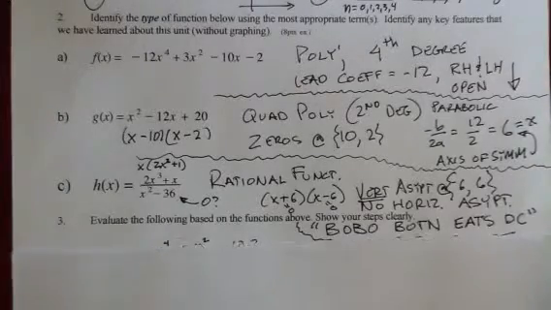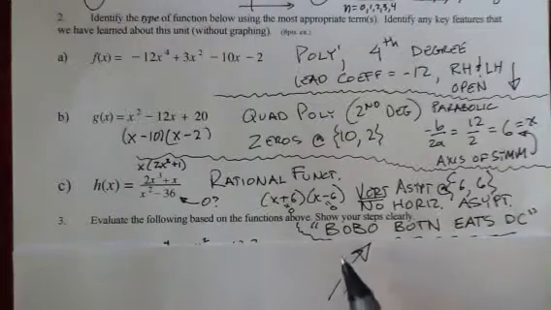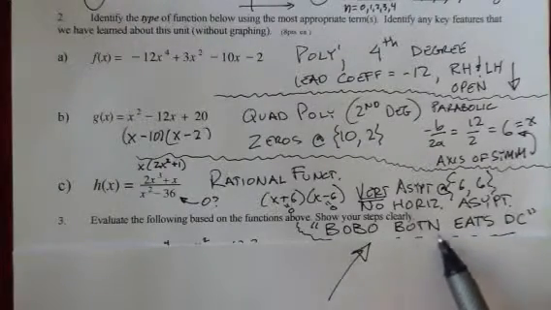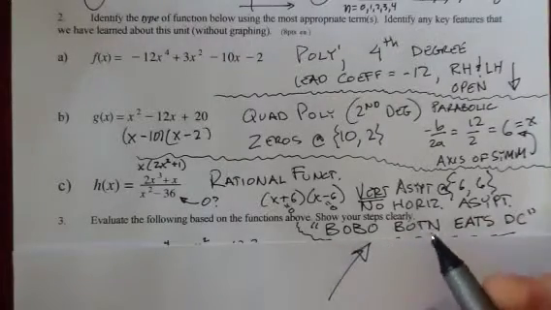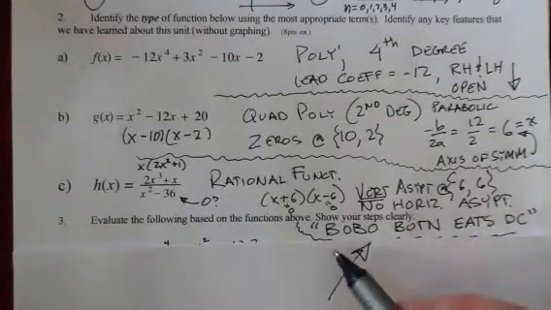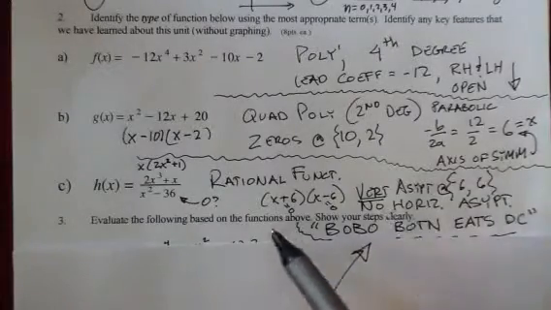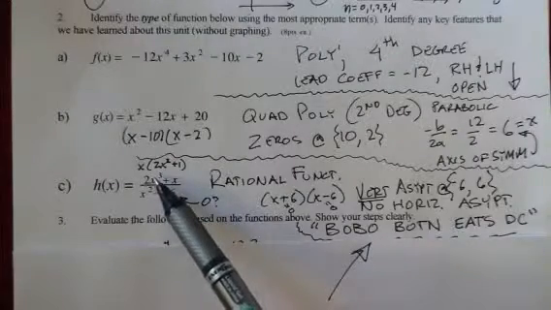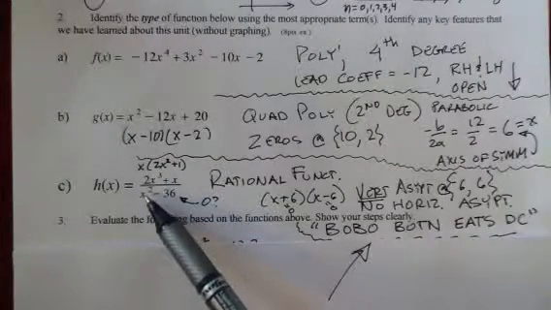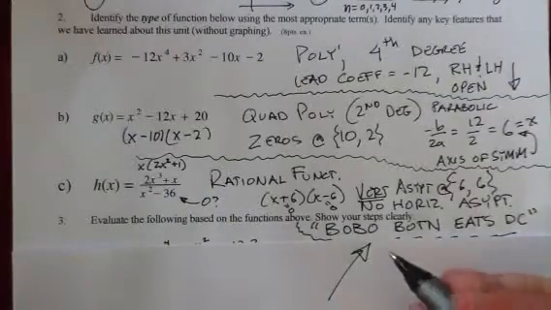Here's a new thing I'm going to try to show you guys. This is a helpful memory device I found. If you can remember this phrase, Bobo Botten eats DC. All right, think about some big Godzilla type creature eating Washington DC. Bobo Botten is the name. This will help you remember. This is very difficult: who wins in the battle of the two parts of the fraction, the numerator and the denominator? And what this stands for is